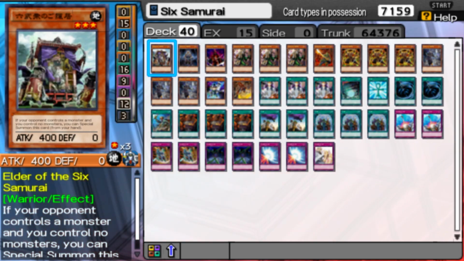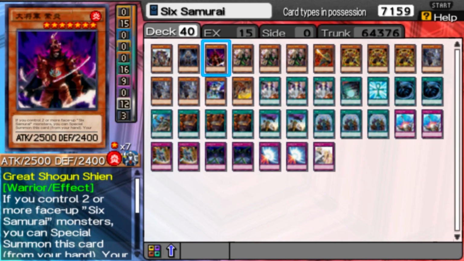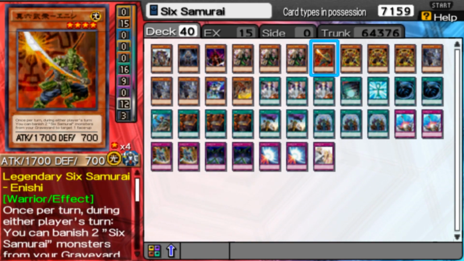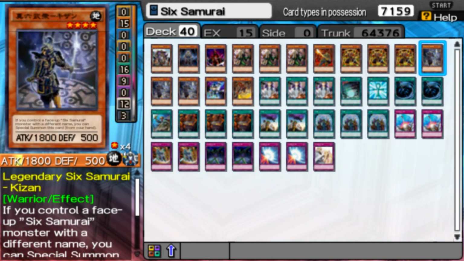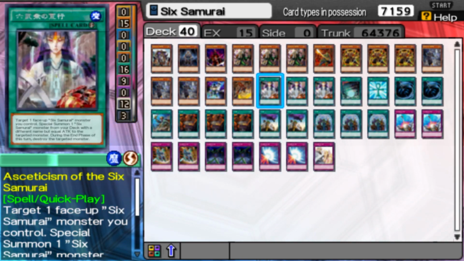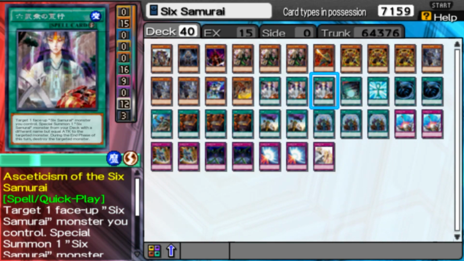First things first, we have Elder of the 6 Samurai, Grandmaster of the 6 Samurai, Great Shogun Shien, Kagemusha of the 6 Samurai, 3 copies of that, and we have Legendary 6 Samurai Enishi, 3 copies of Legendary 6 Samurai Kageki, and then 3 copies of Legendary 6 Samurai Kizan, and then Shien's Squire, and then the 6 Samurai Zanji. And then we have now our spell cards, Asceticism of the 6 Samurai, 3 copies of that,